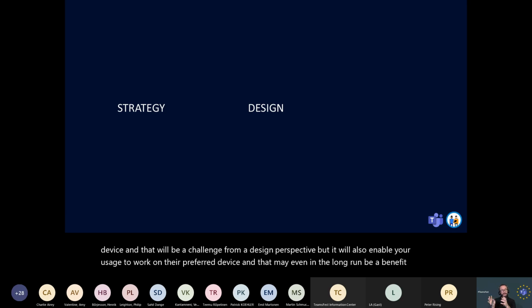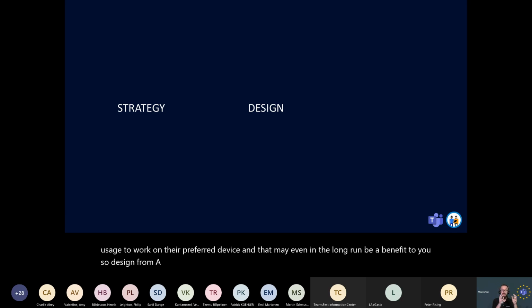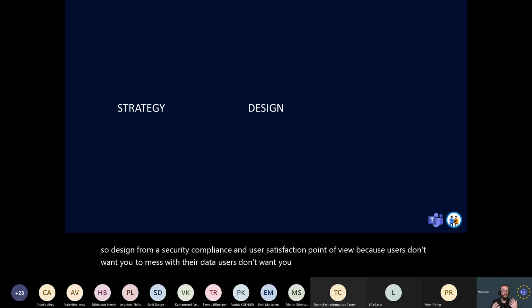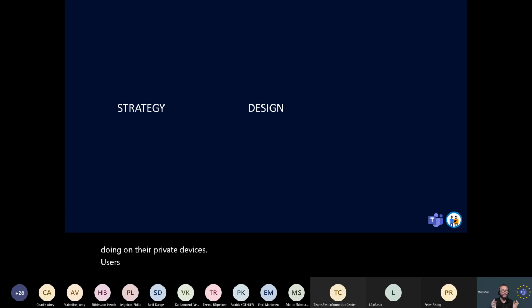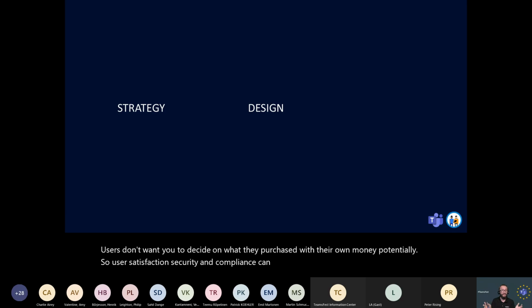So design from a security, compliance, and user satisfaction point of view, because users don't want you to mess with their data. Users don't want you to look into what they are doing on their private devices. Users don't want you to decide on what they purchase with their own money, potentially. So user satisfaction, security, and compliance can be combined, and that's using the power of Teams and the power of Microsoft 365.